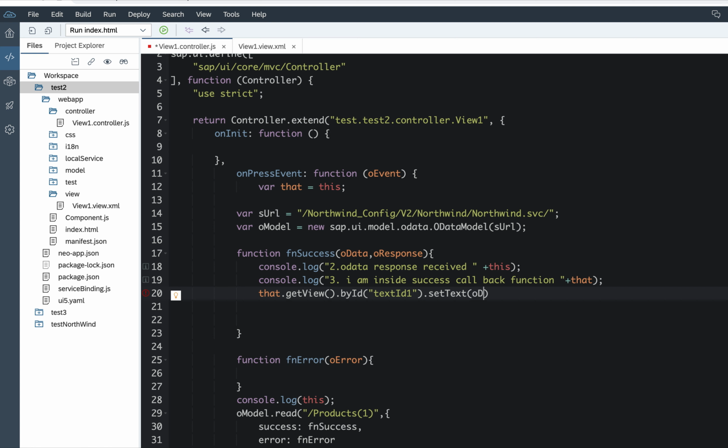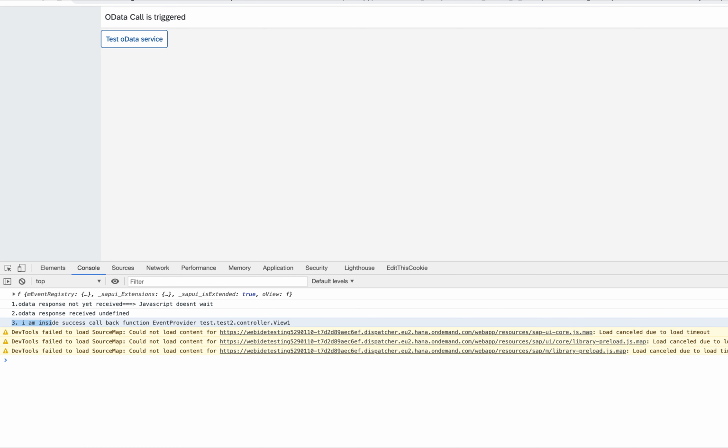So OData dot product ID. Here I am binding the product ID property value to the text field which is there on my view. So let's save this and let's close this now. Let's refresh.